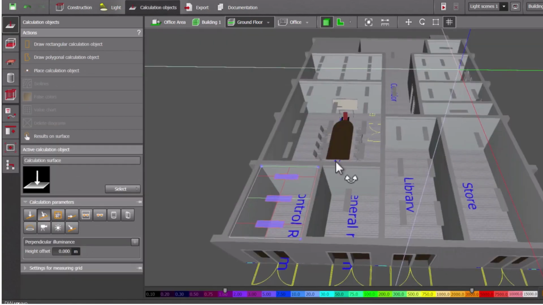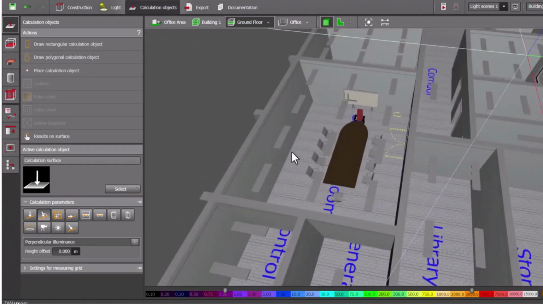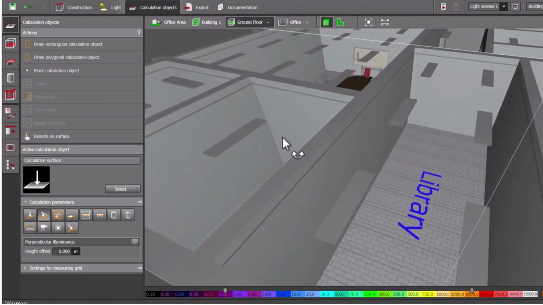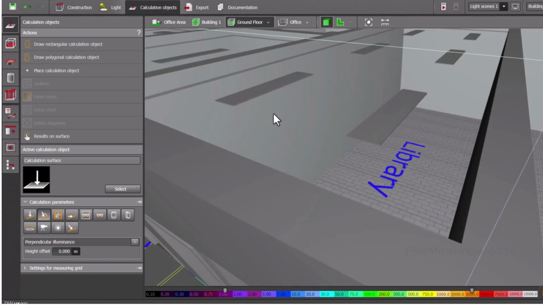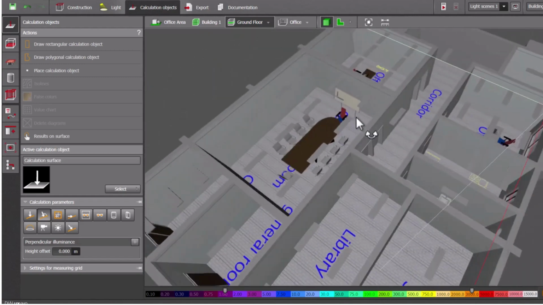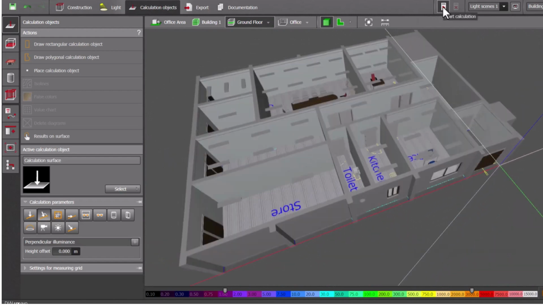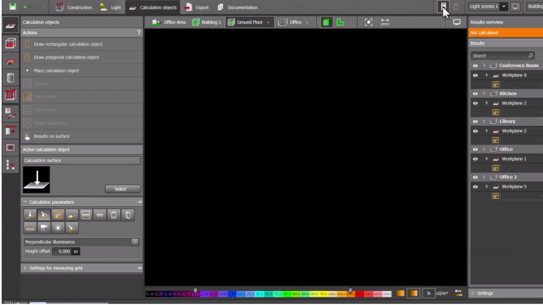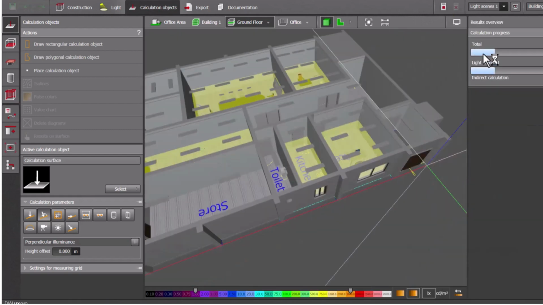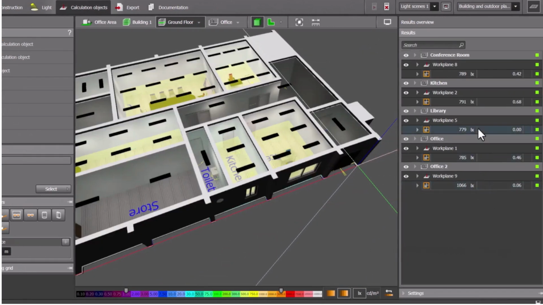Let's see in the 3D model. You can see here we have installed the luminaires for all the rooms on the false ceiling. So let's see if we have designed properly or not. Click on start calculation for the whole project, and it is calculating. So you can see here for office 2, our lux is more than our required lux. Our required lux was 750 and here